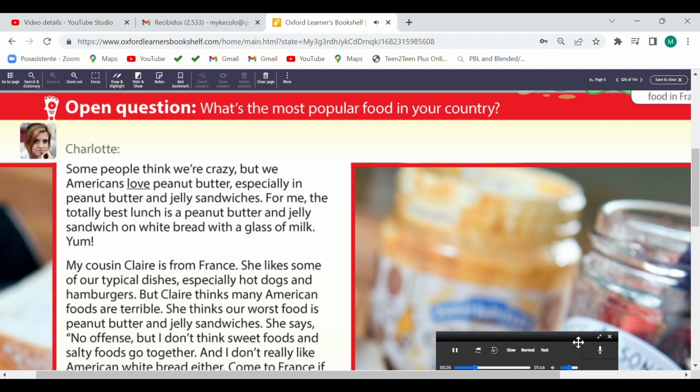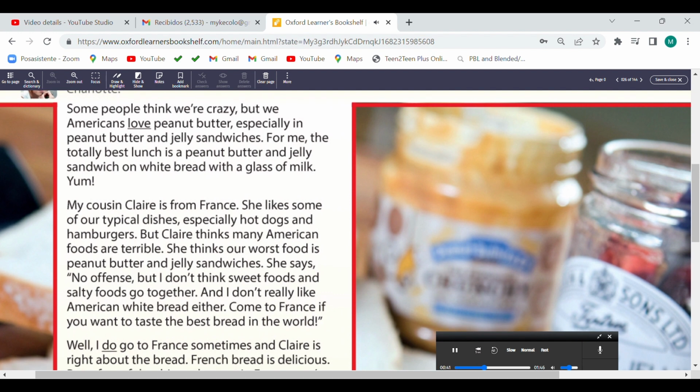For me, the totally best lunch is a peanut butter and jelly sandwich on white bread with a glass of milk. Yum! My cousin Claire is from France. She likes some of our typical dishes, especially hot dogs and hamburgers. But Claire thinks many American foods are terrible. She thinks our worst food is peanut butter and jelly sandwiches.